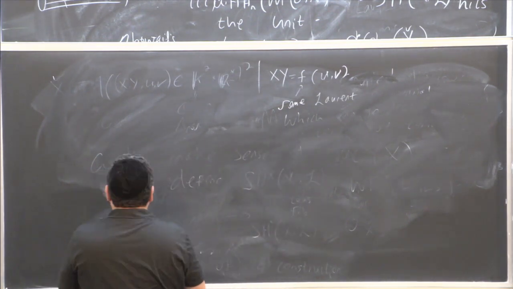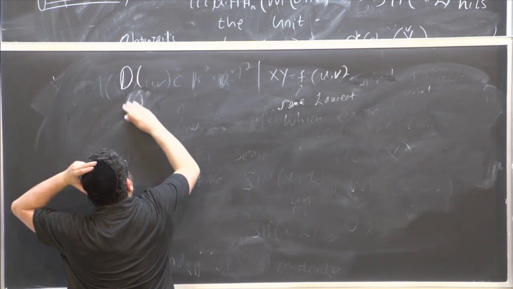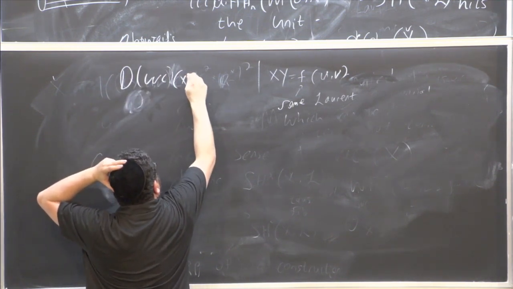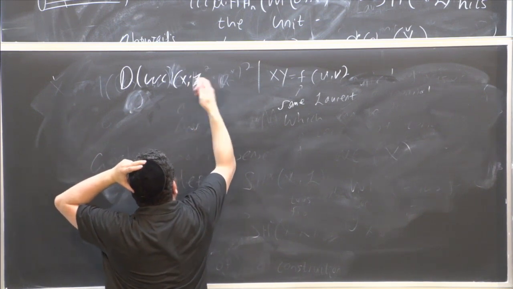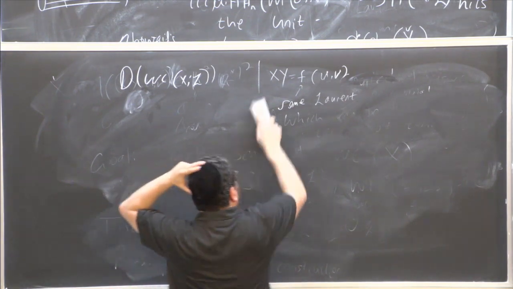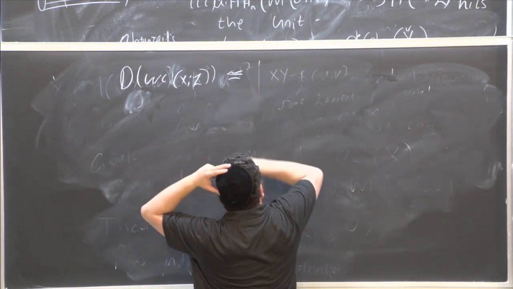The end result of the discussion was this: that the derived Fukaya category of X, when it's wrapped with respect to this Lagrangian torus fibration, is equivalent to